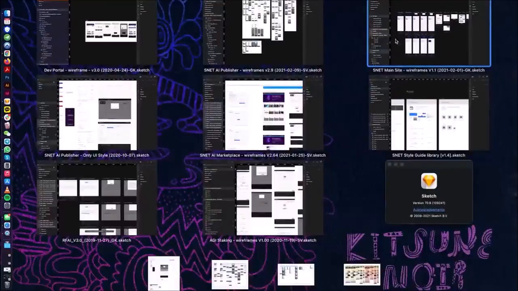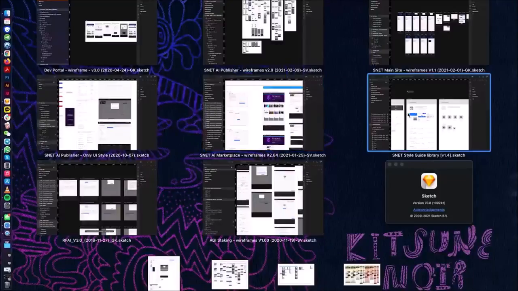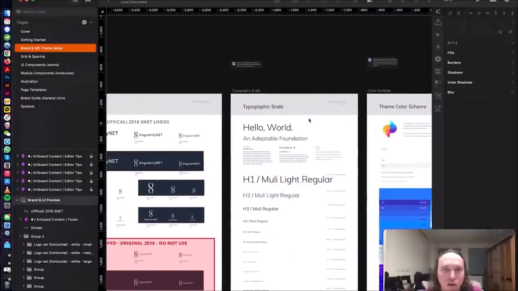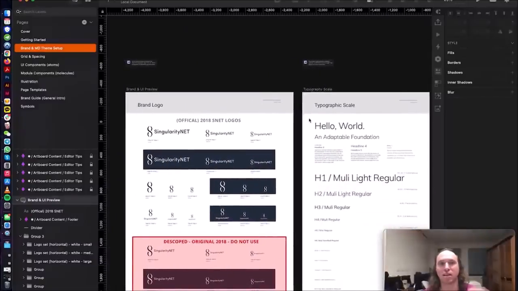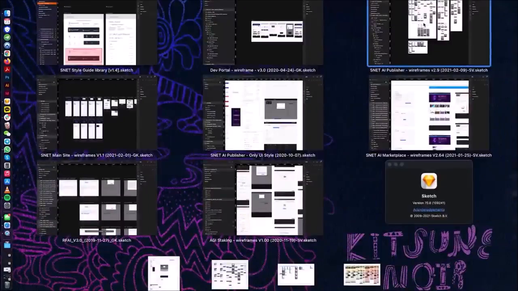Trying to think about what would be most interesting for you guys. I know not everybody always cares about the design of a system or of a platform, but just to give you a good idea, and you guys know, it's complicated, right? This SingularityNET platform is complicated. We can go into maybe the AGI staking,